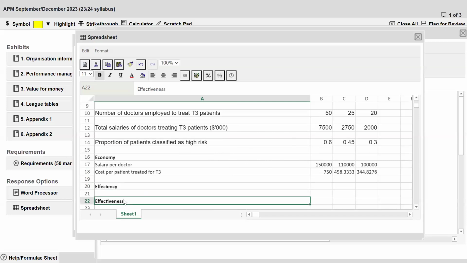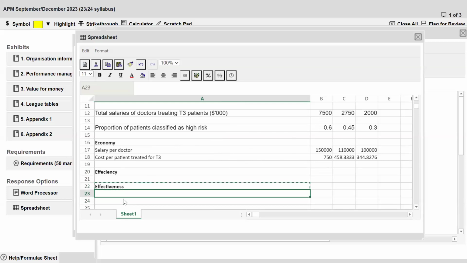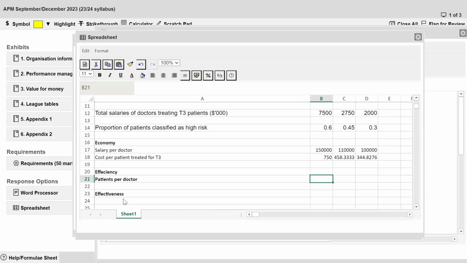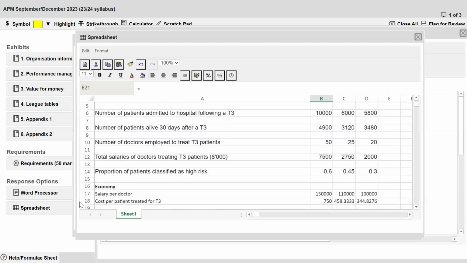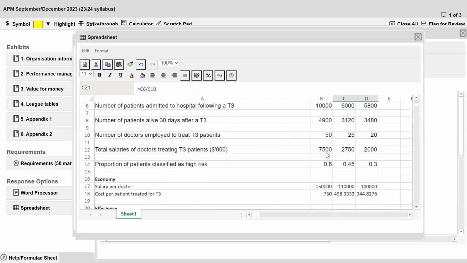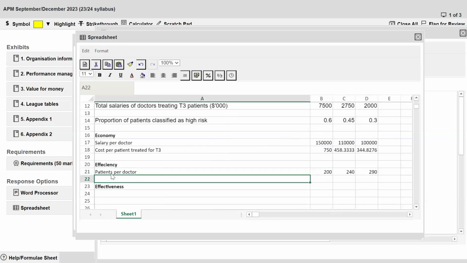Now patients per doctor is simply going to be 200, 240, 290. Then the effectiveness is basically